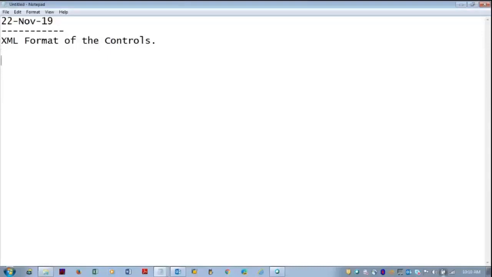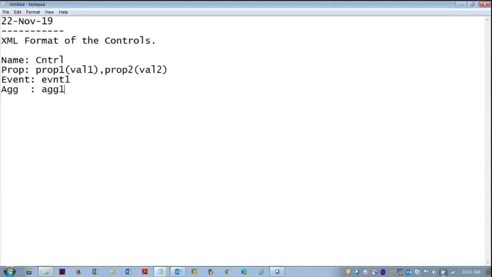XML format looks like the HTML format. For example, the name of the control, if you take CNTRL, and let us take two properties, prop1 and prop2, which have values val1 and val2, and it has events, event1, and has the child controls aggregations agg1.